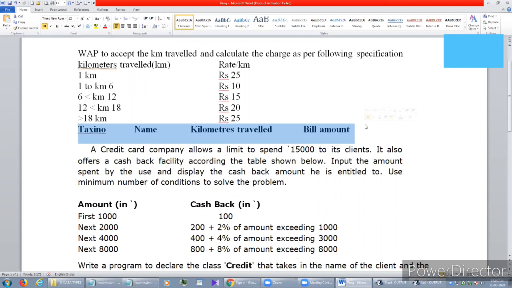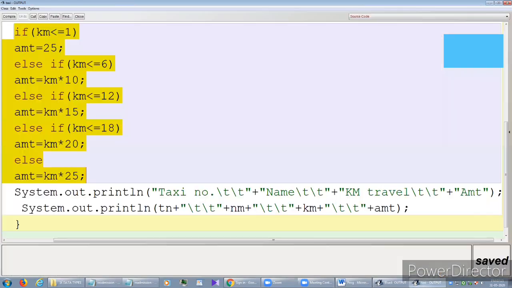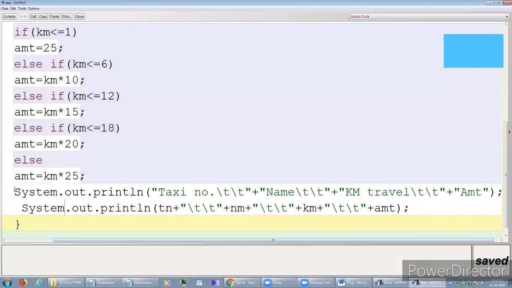So like this, for the taxi you have to generate the bill in this format: taxi number, name, kilometer travel, and the bill amount. To solve this kind of problem, we need to follow this format: System.out.println taxi number.